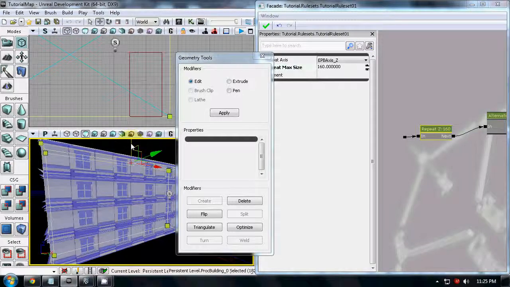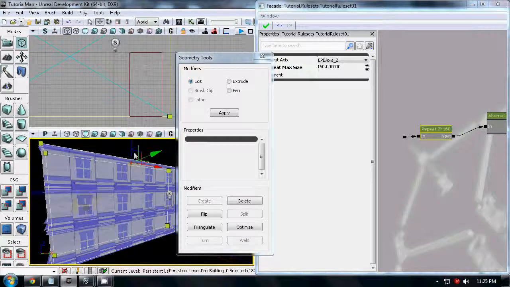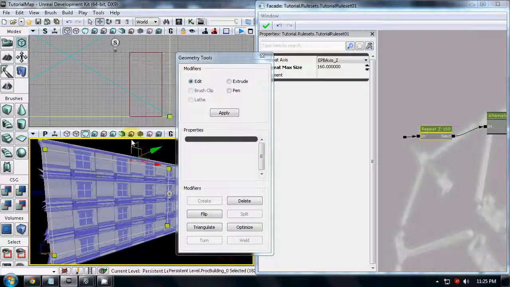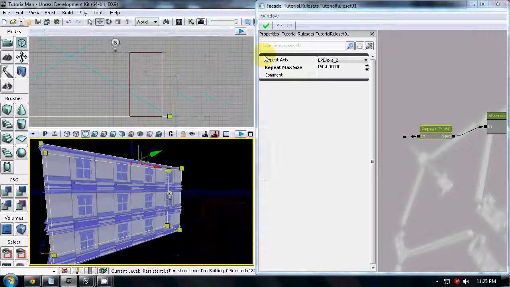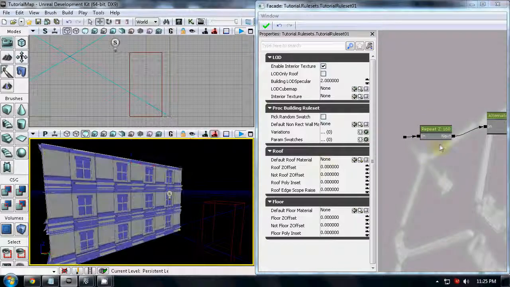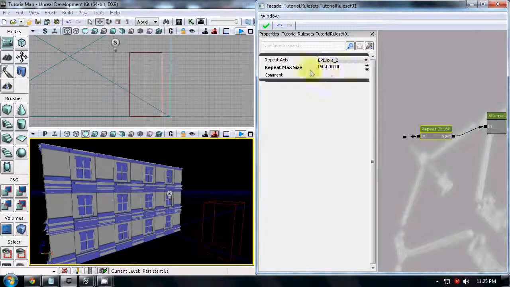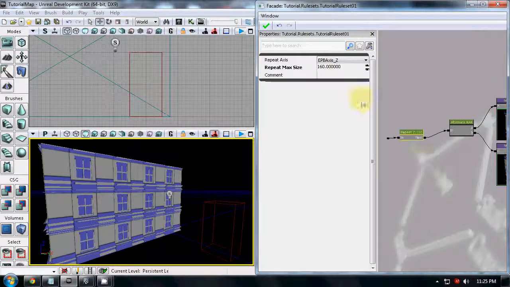If we pull it one down, there will be only 3. And now these will be squeezed a little. So that's the repeat function. You can also repeat something in the X direction. Just change this. And